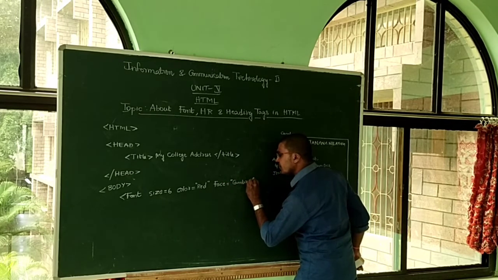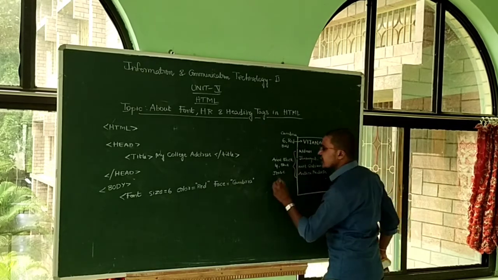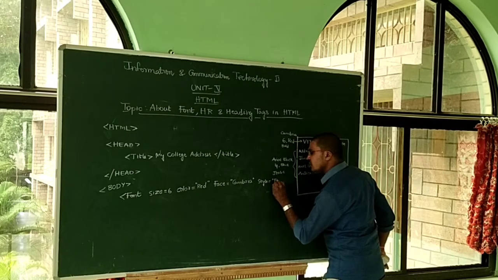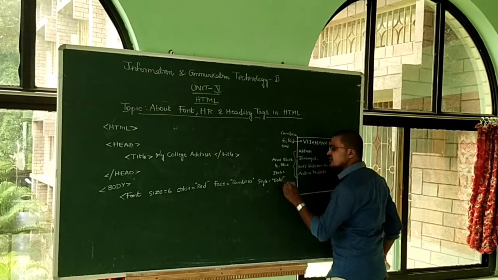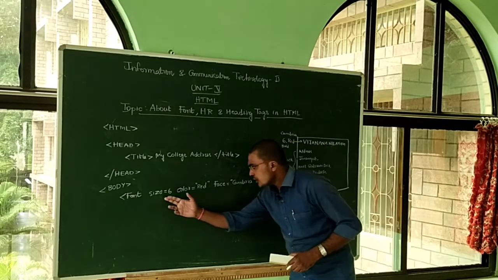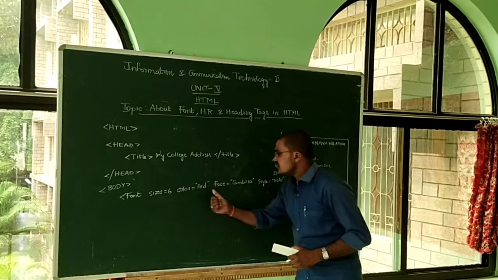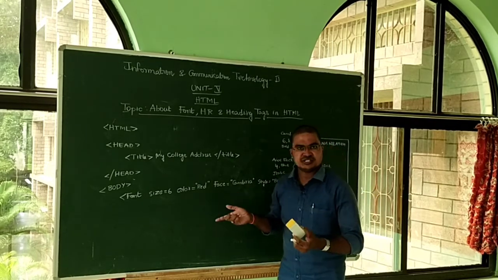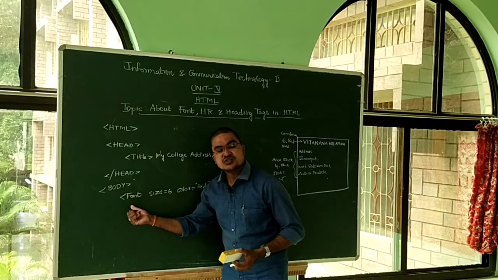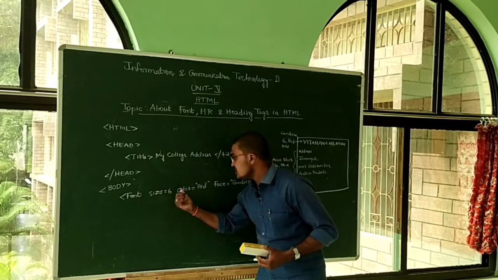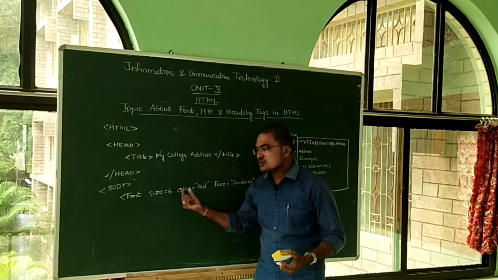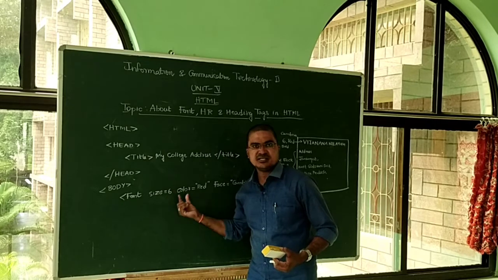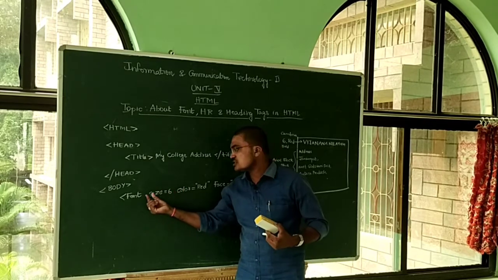Cambria. And one more is bold, that is called style. So style is equal to bold. These all are the characteristics of the text. You can change the size of the text, the color, the face, the style, everything you want to change with the help of the font tag. So size, color, face and so on are all attributes of the font tag. Attributes means subtags, and subtags in HTML are called attributes.